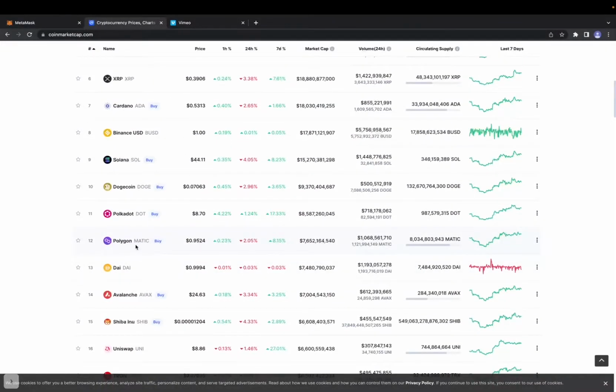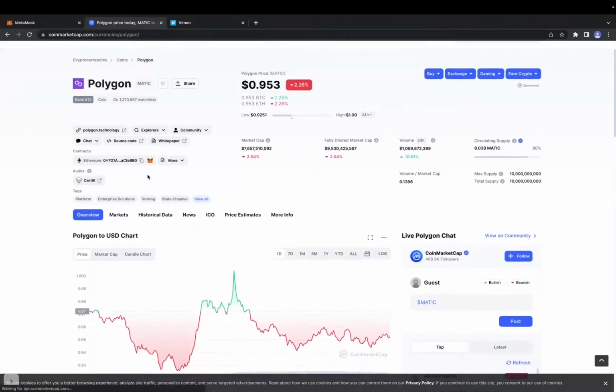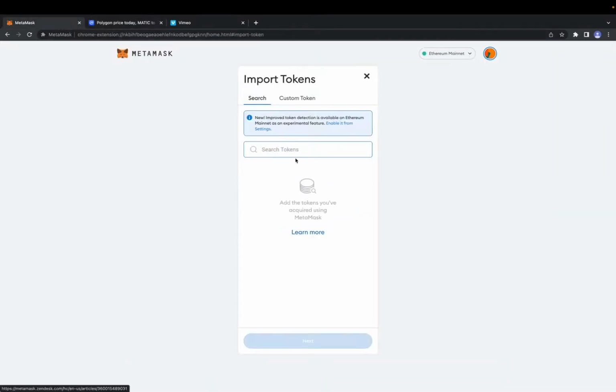So let's do Polygon. Click on Polygon. And now it brings you over to this page where you get all the Polygon information. And on top, you're going to see the contract address right over here. And we can just press this button, copy address, go back to MetaMask, click on import tokens, copy paste it